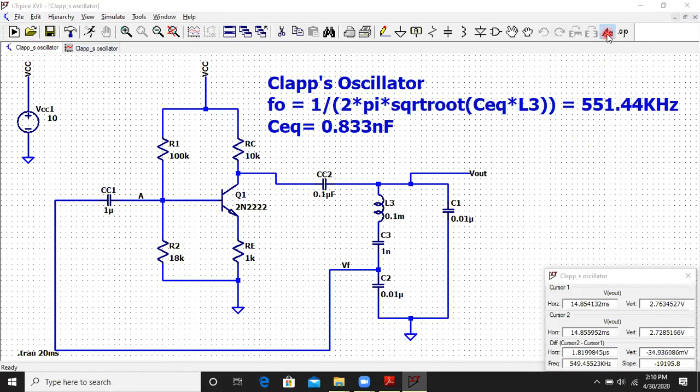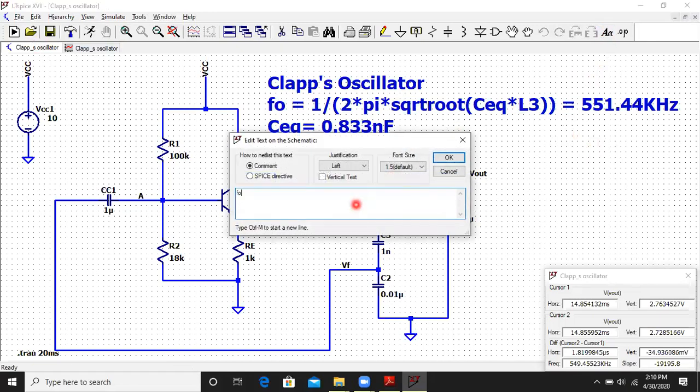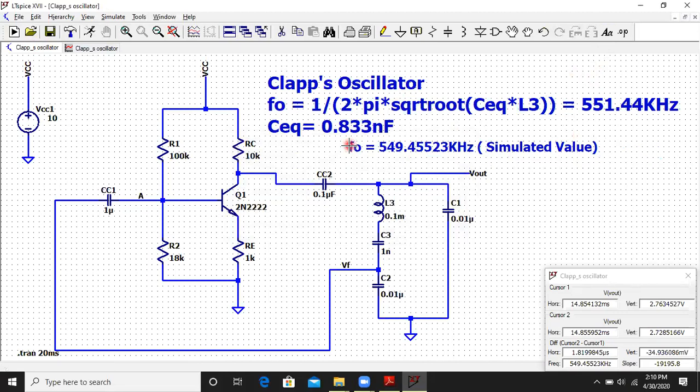So this is the LTspice simulated value of f naught which I am getting from simulating the Clapp oscillator circuit.